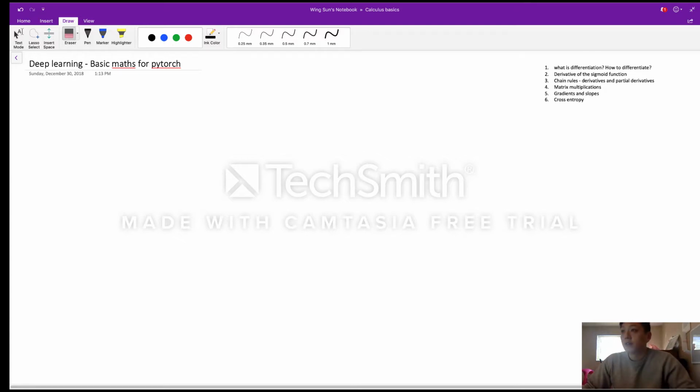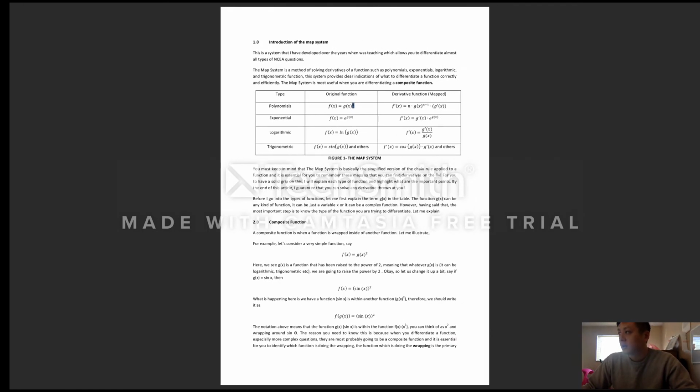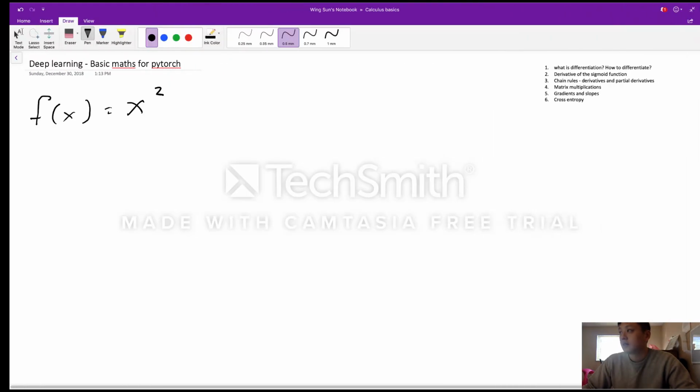So for instance, if you have a function f of x equals x squared. Now if you just simply look at this equation, let's write it down. So f prime of x, sorry, is equal to